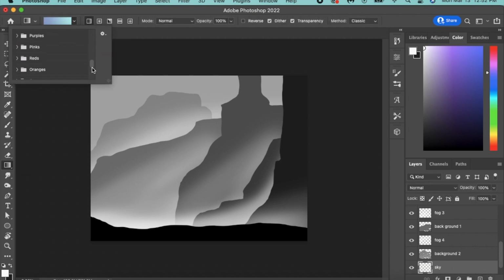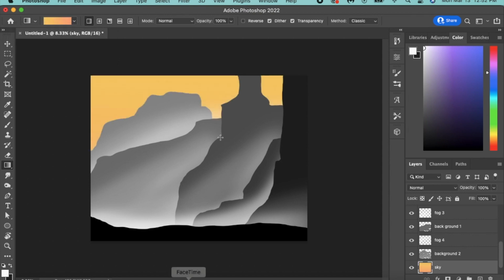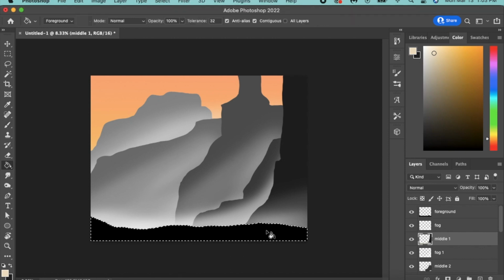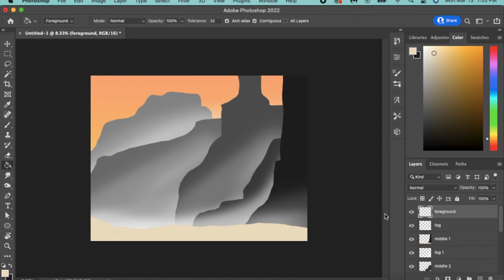The next thing I'm doing is I'm just picking a random sky right now. I started with a sunset, but you'll see I'll change that later. So I'm just using a gradient tool to put something in to have something to base my colors off of. And then to start working on the ground, what I do is I hit command on that layer I'm working on and I just fill it in with a blank color. Since we're doing kind of desert, I did kind of a sandy thing. And then I drop down